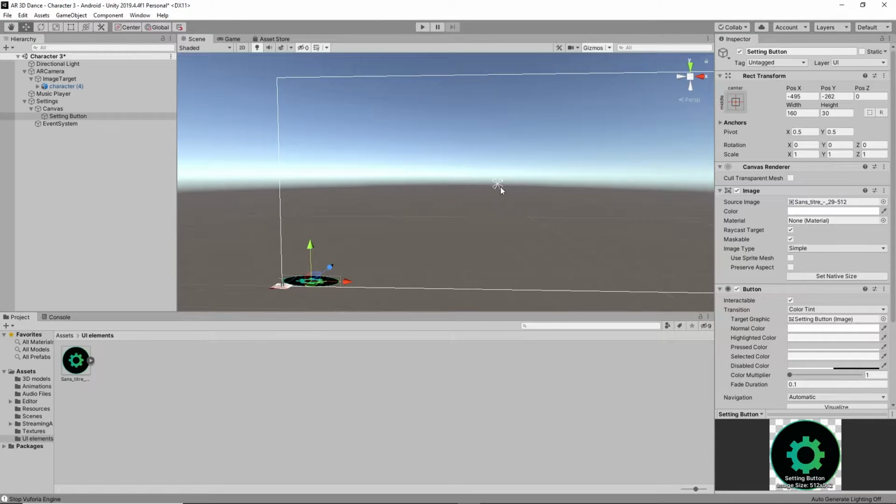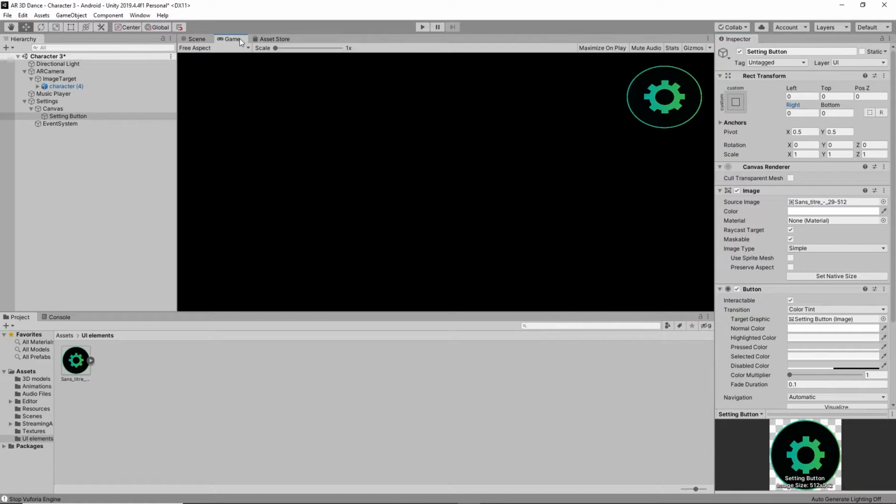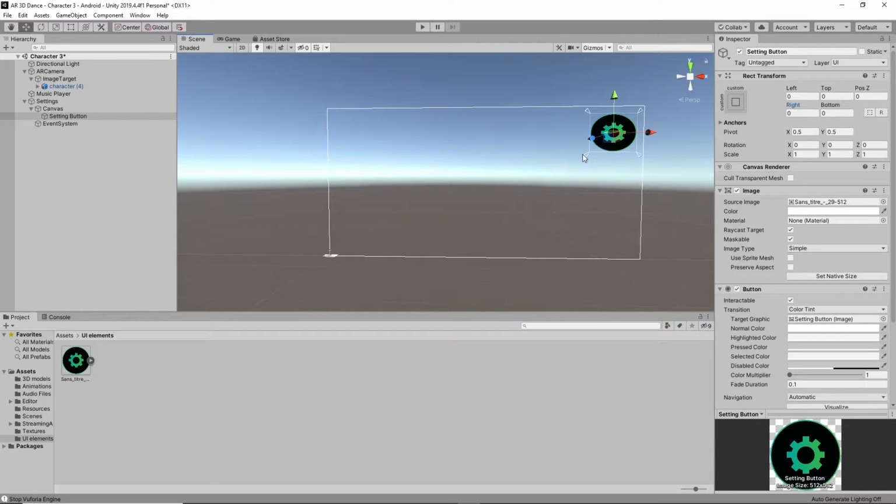Now I'm going to adjust my button in the top right corner. For that, adjust your button like this in this position and in the anchors, make it all to 0. It will be adjusted like this. Yeah, it was good, right? Or we can decrease the size as well. If you want to decrease the size, you can decrease it like this. Yeah, I think it was good.